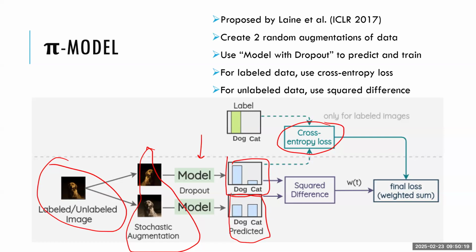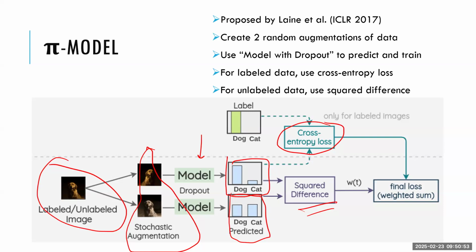But for unlabeled data, we don't have the correct answer, right? But because we augment the image, for one image, maybe we augment like 10 augmented images, and then pass them through the same model, and then each image will generate a different distribution, and then we can use the square difference to compute the loss,